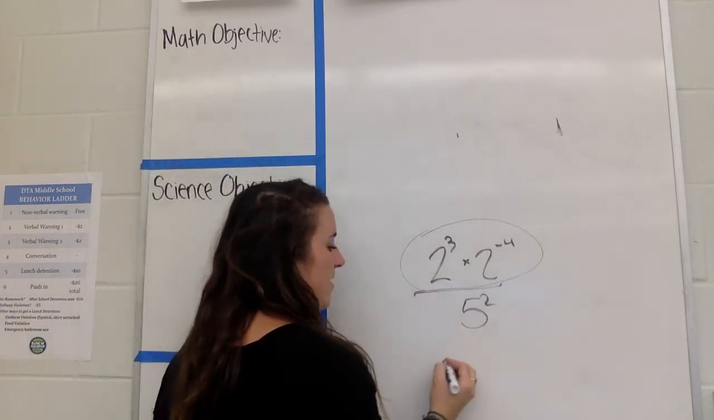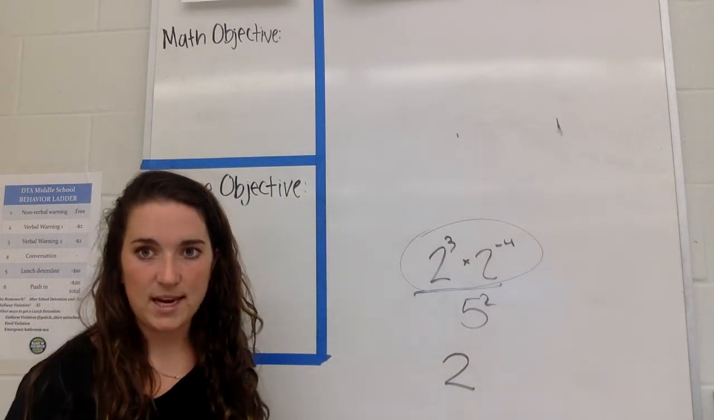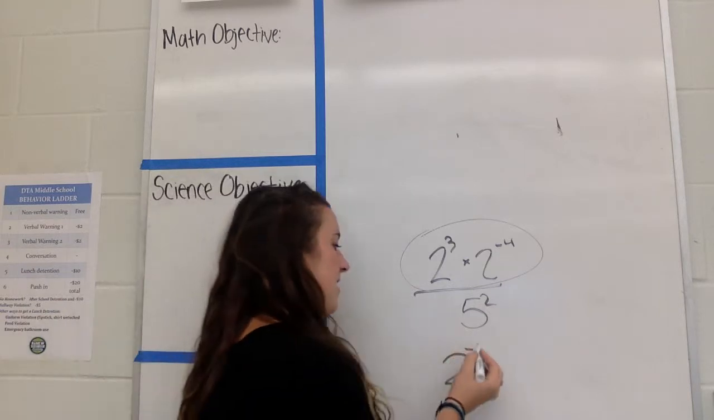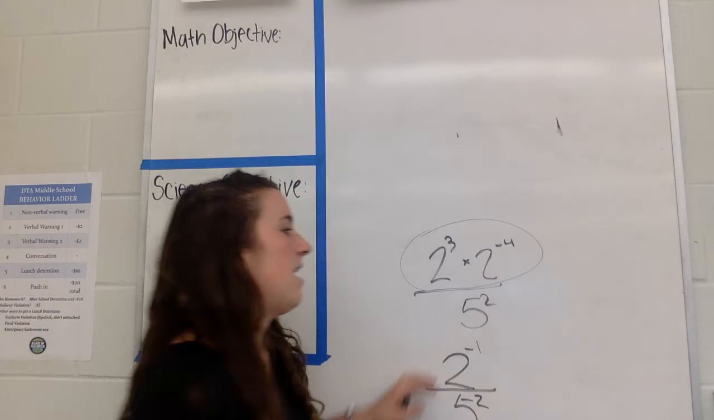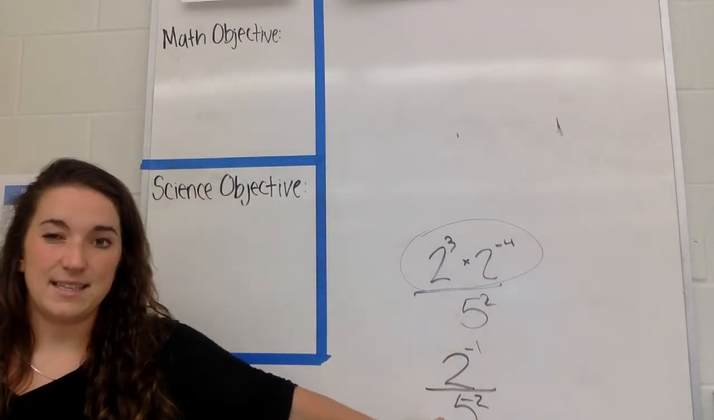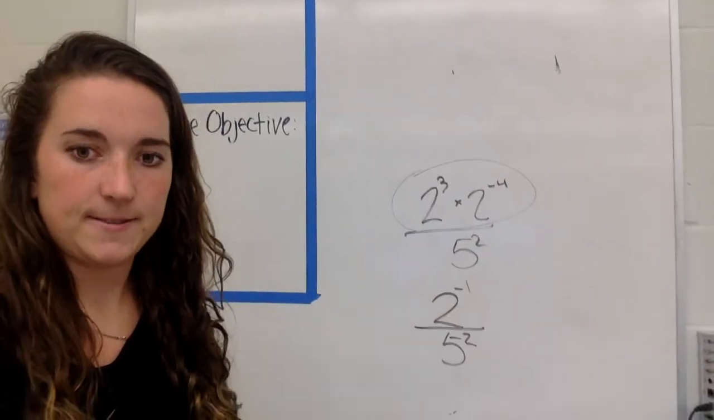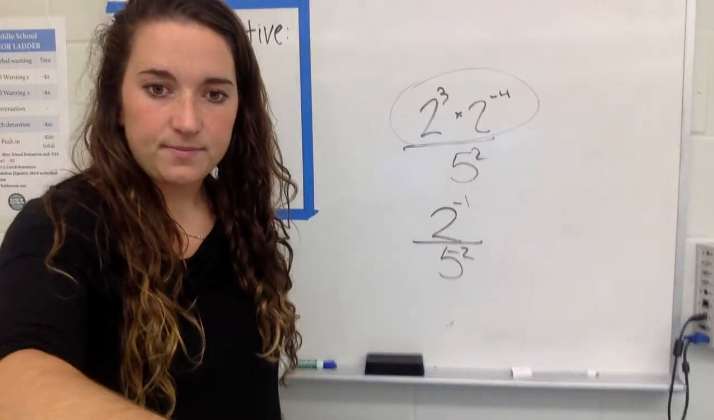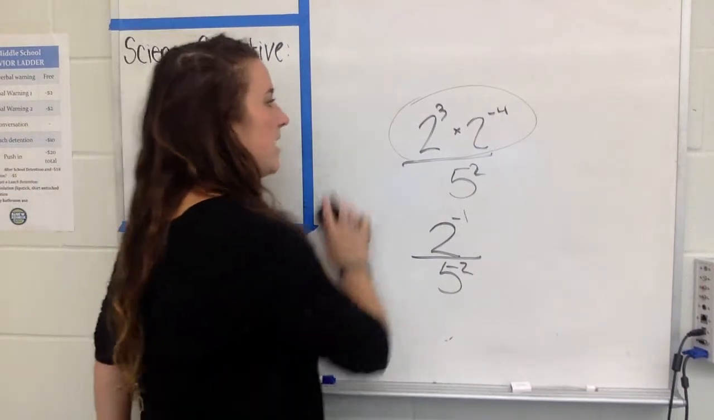So I can simplify this to 2 to the 3 plus negative 4. What's 3 plus negative 4? Negative 1st power over 5 squared. I just leave my 5 squared as it is because I cannot combine when I don't have the same base. All right, I'm going to do one more example on your independent practice just so we get really good at